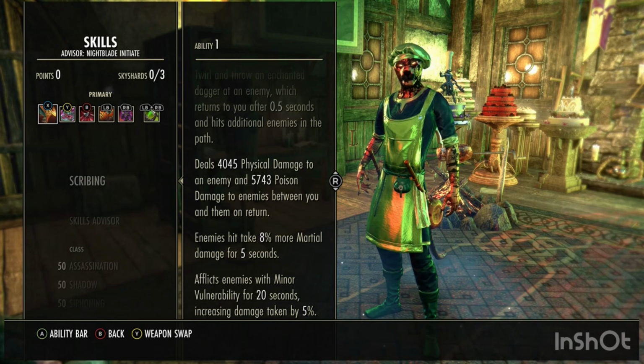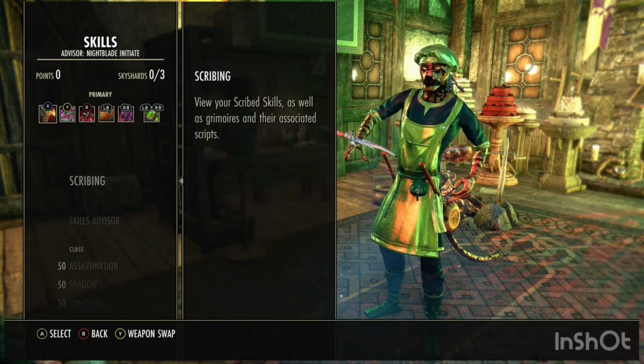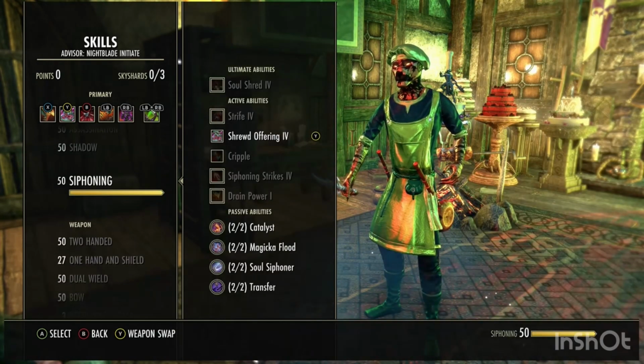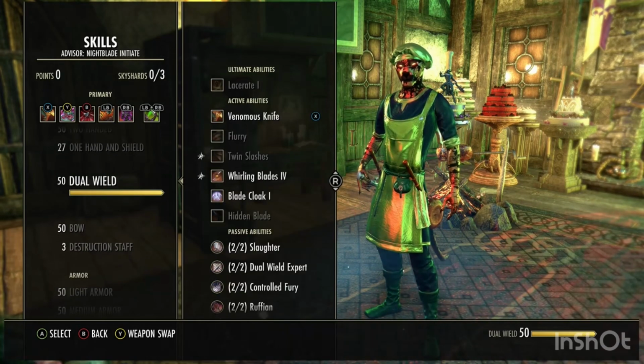So if this crits, it doesn't always crit unfortunately, because it needs to be critical poison damage, but when this does, you're going to get the Red Mountain and the Maw proc at the same time, and it really hits super hard, guys. So have all your passives in your 3 class lines,